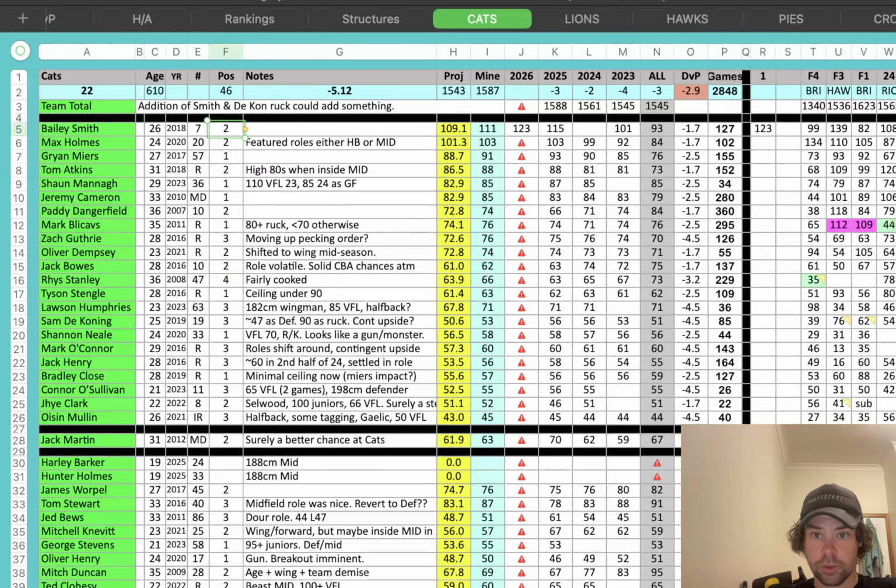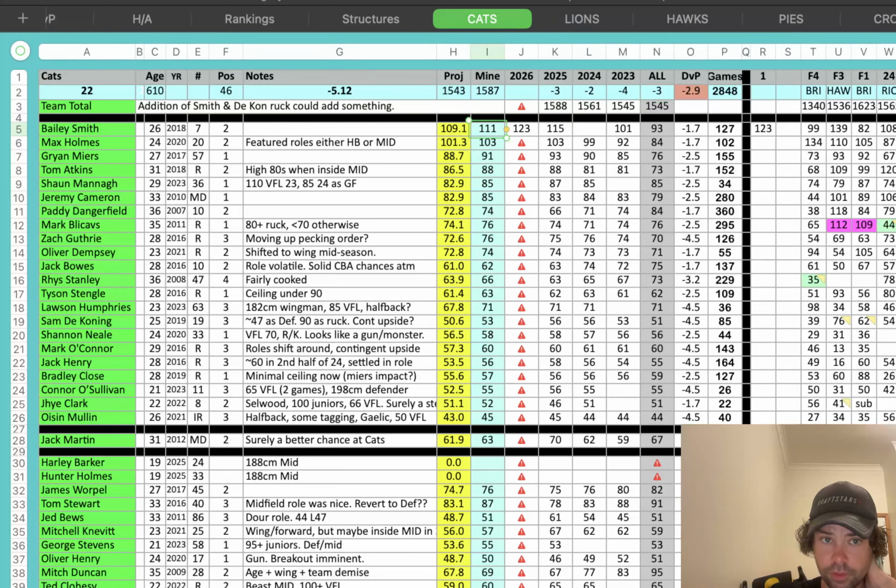And those numbers correspond to up here, which is my opponent for the week: how forwards score against them, how midfielders score against them, how defenders score against them, how rucks score against them. It's all based on a percentage.